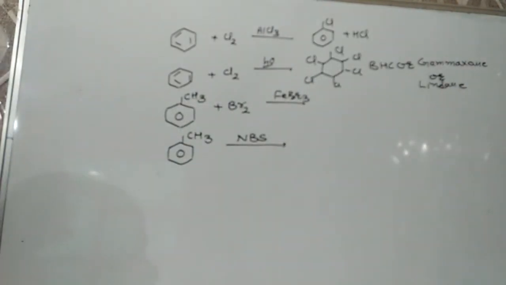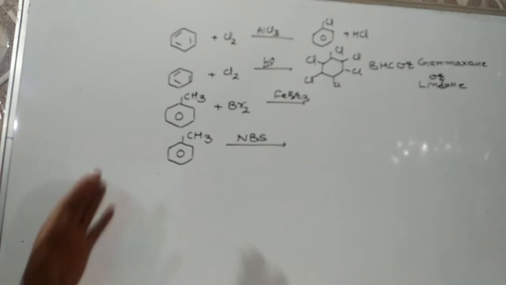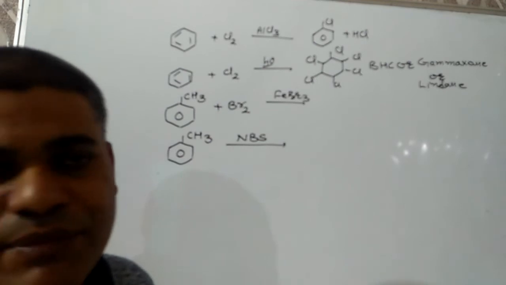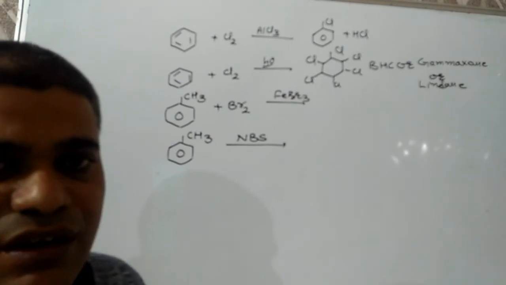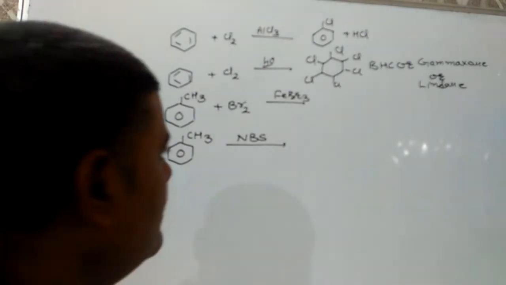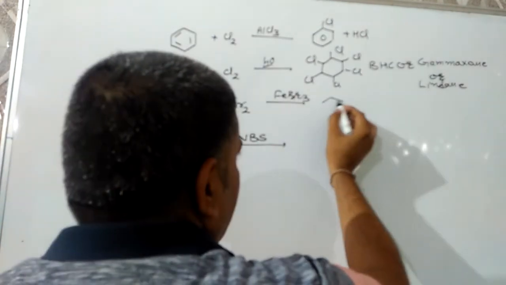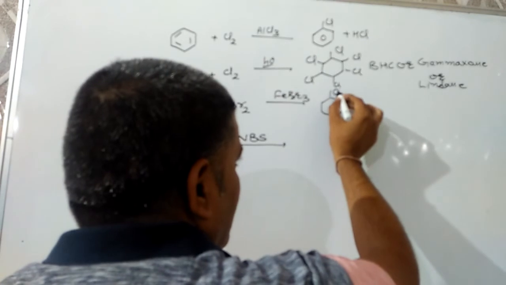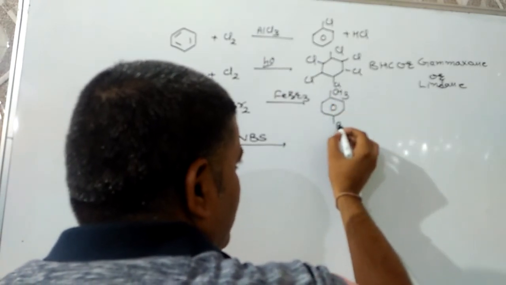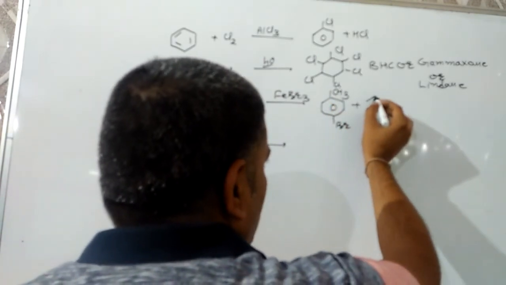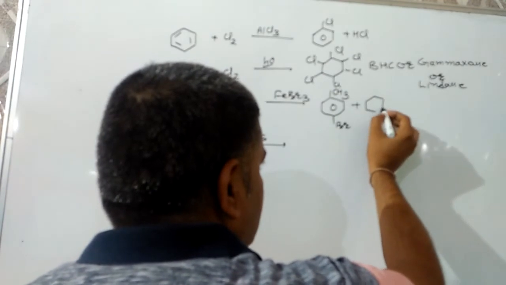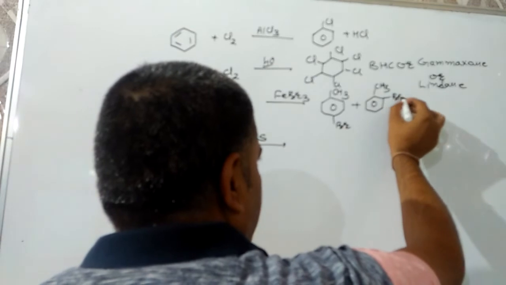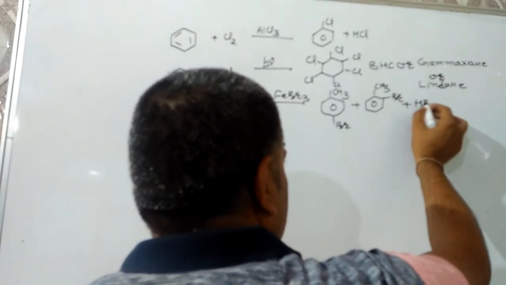In the next case, electrophilic substitution will take place, but the incoming group is going to be decided by methyl. As I have mentioned, the methyl group is ortho-para-directing in nature. So Br can go to either para or ortho position. Para derivative will be the major product, and ortho will be the minor product due to steric influence.